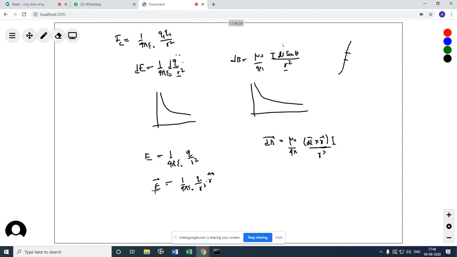So E is Q by R square, no? R cube, and for direction I put R vector. So E depends on the position vector R. Here it is not a cross product or a scalar product of anything, right? But this one is definitely a cross product. Remember that. May I proceed?